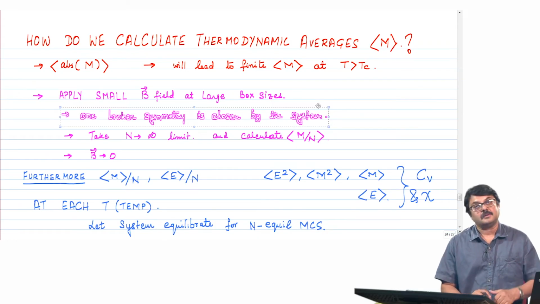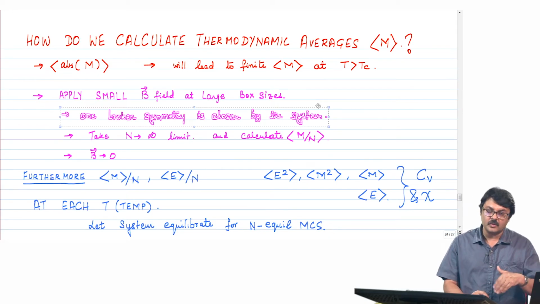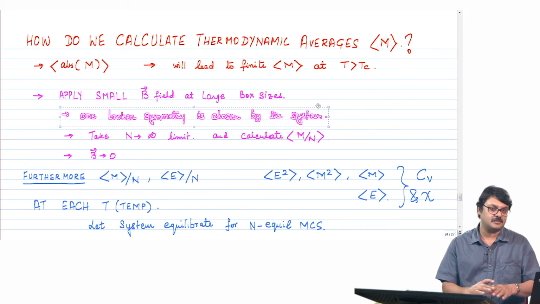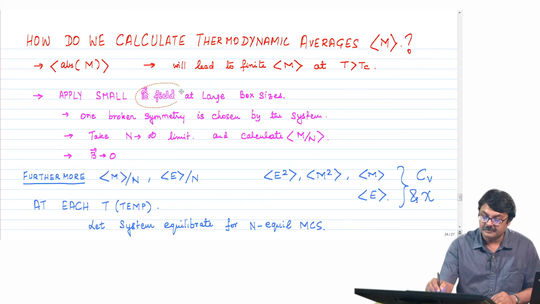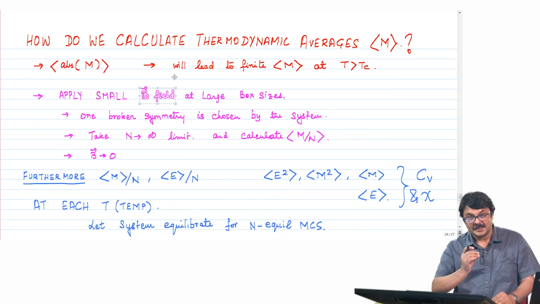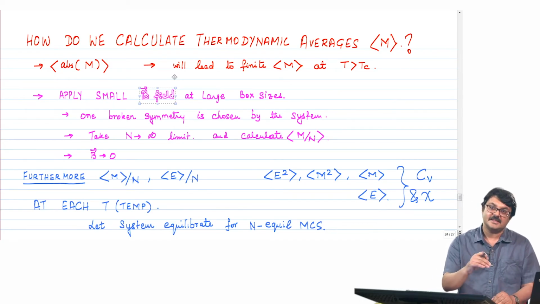Without the B field, whether most of the spins are pointing up or most of the spins are pointing down, there is a symmetry in the system, both have the same energy, that is why it is able to go from positive to negative given large enough thermal fluctuations. However, if you apply a B field, this symmetry in the energy is broken by the application of this external B field, and one of the ground states is preferred.